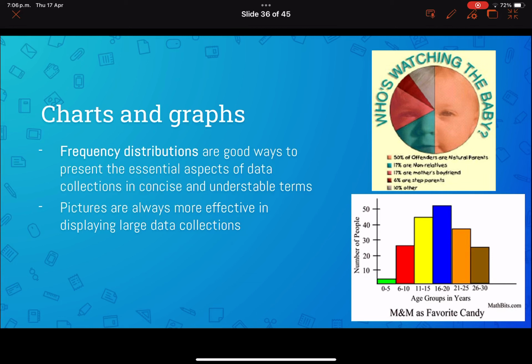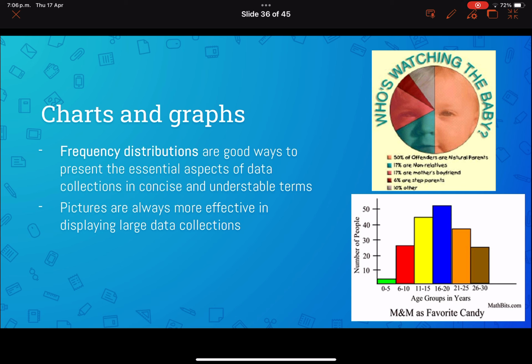For this video, we're going to be talking about charts and graphs. One of the easiest ways to see data, the most fun way too, is by looking at graphs. A lot of people like to interpret graphs more than looking at a table or raw data. So even when frequency distributions are good ways to present aspects of data, pictures are always more effective in displaying